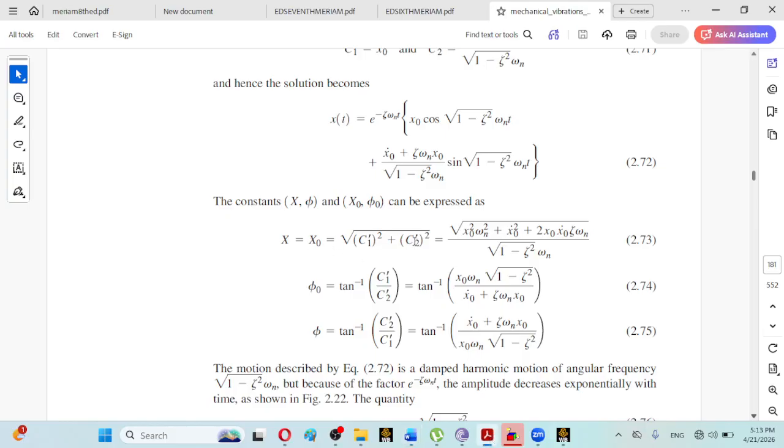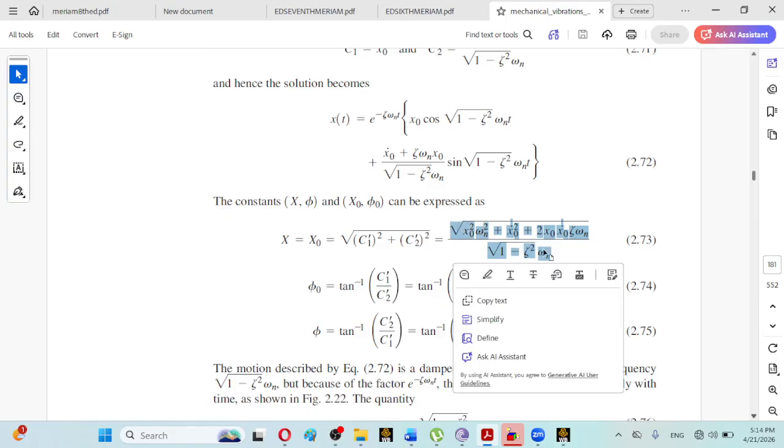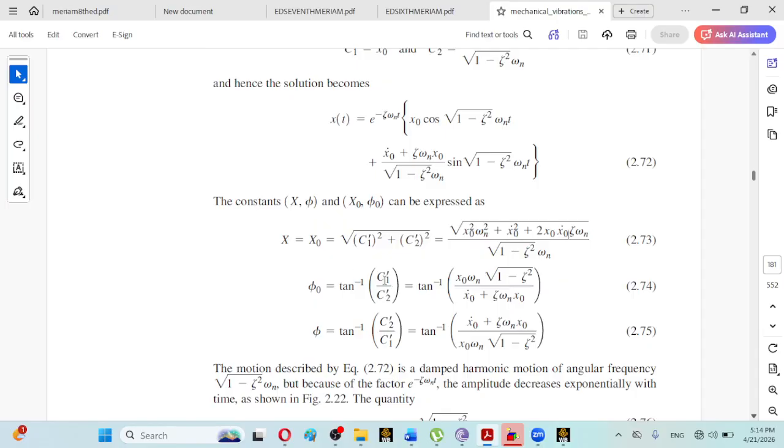So this formula will be used, and we can simply put the values of c1 and c2, and equation 2.73 will be obtained. And remember, this simplification is the responsibility of the students, that they will do it themselves. This is their responsibility, because I have placed them on the track,